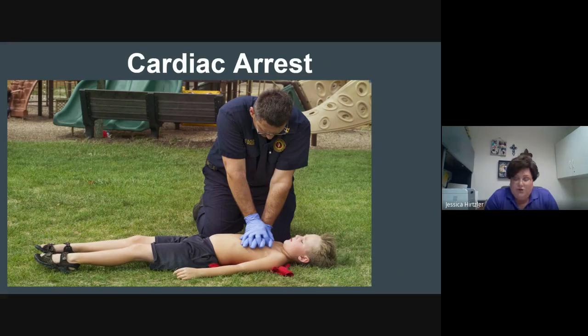Okay? Be sure to be aggressive in your management of respiratory problems as well as shock, as they will progress quickly into cardiac arrest. You want to begin your chest compressions if their heart rate drops less than 60, okay? Less than 60. If the child is unresponsive and they're gasping or there are no respirations, you don't hear or feel any heart activity,